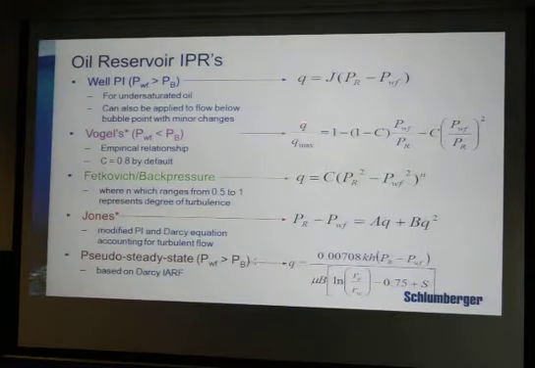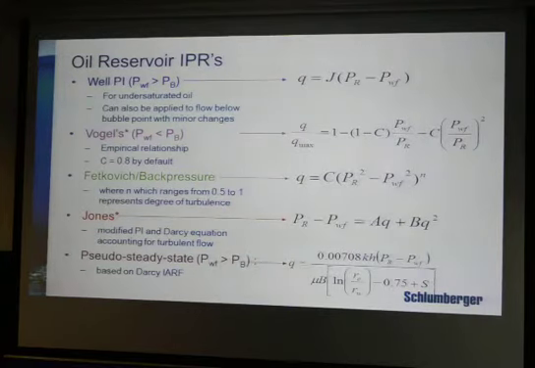This is the same equation that I just told. This will be derived from the same equation. Q is equal to 5 kh by μ ΔP by ln re by rw. Just bring ΔP and Q to one side and the rest is constant. Now this is only valid for undersaturated oil.